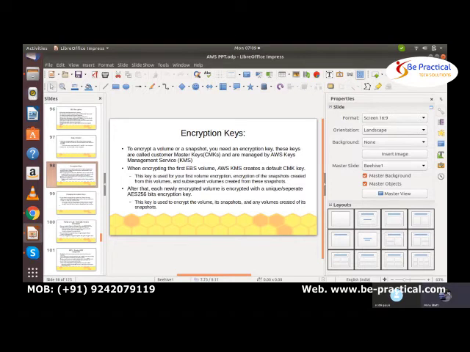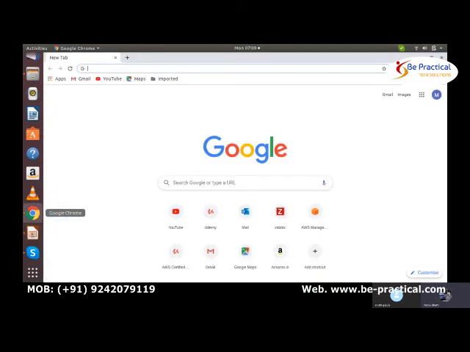We can create as many keys as we want. By default, one key will be there. After that, I'll log into the page.